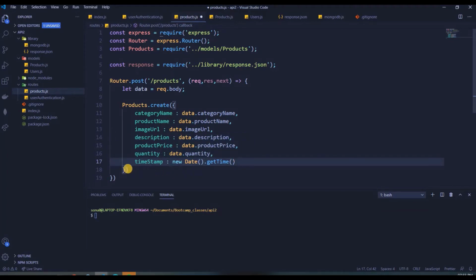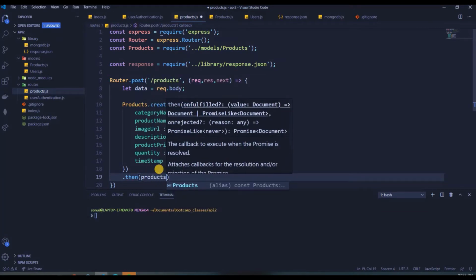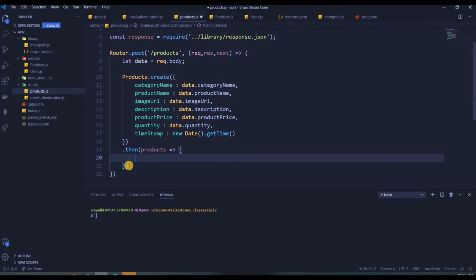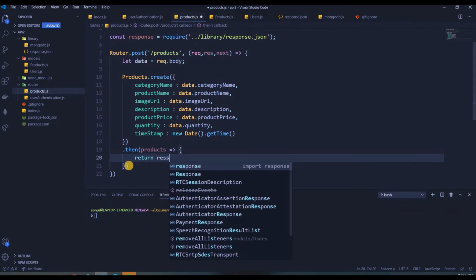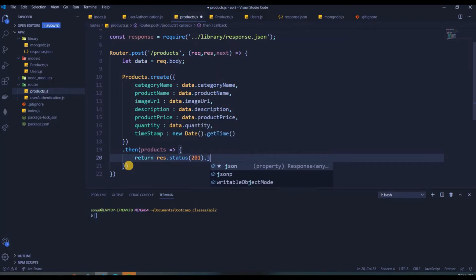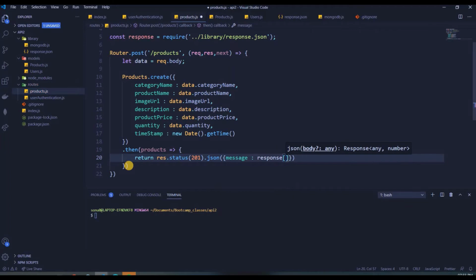That's all good. So yeah, this data you all see is from the data, and then there is a timestamp. Now we'll write .then products, which is again our promise that we are getting, and then we'll write return res.status 201, which is the status for getting created, and in response we'll write response 201,